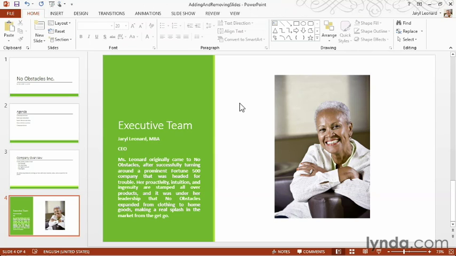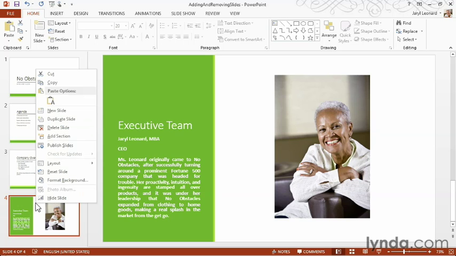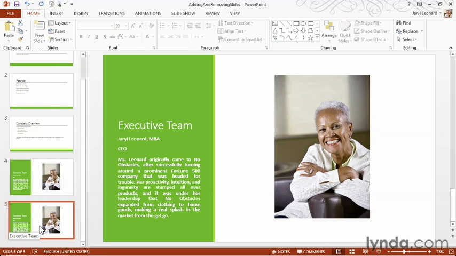So that slide looks great, but I still have a long way to go. There's more than one person on the executive team, and it's going to take a long time for me if I have to create a slide for all these people. I can actually duplicate this slide. I'm going to right-click right on Gerald's slide and select Duplicate Slide. I instantly get an identical slide, so now all I have to do is change the data and change the